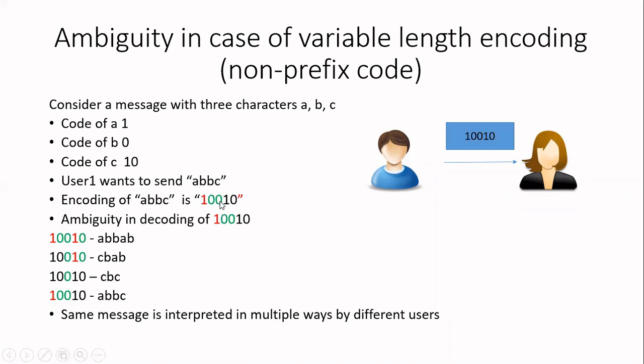If I go for ASCII, I'll have 4 multiplied by 8, which is 32 bits. But now I am sending only 5 bits. Okay, it is good. I'm reducing the number of bits. But let us see what will happen when my friend receives the message. Will he be able to reconstruct the message or not? Let us see the decoding now.